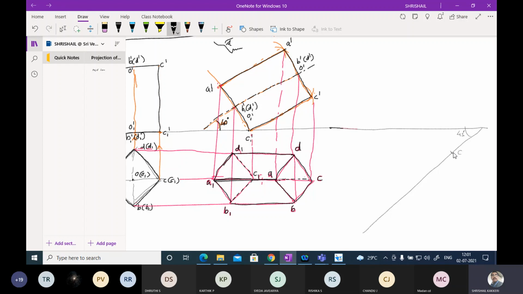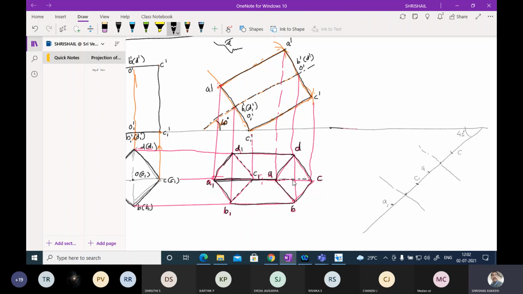Measure this length. I have marked this A and measure this length. Mark the point C. Measure this length. Mark over here. This is point A. Okay, this is point A1 and this is point C1. Then next, after this, measure this length. Mark here. Measure this length. Mark here. At 90 degree, draw this line.